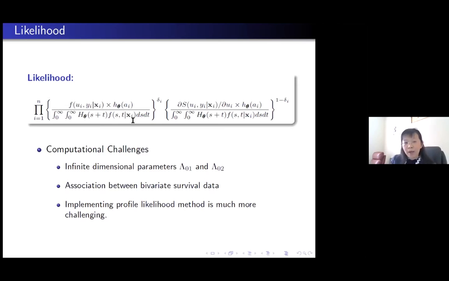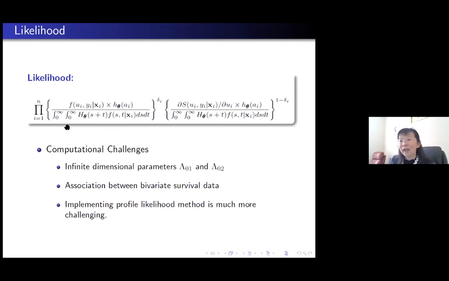Hence, directly maximizing this observed likelihood is computationally prohibitive. Also, the double integrals make it very challenging to implement the profile likelihood idea, although it is successfully used in survival analysis under the Cox